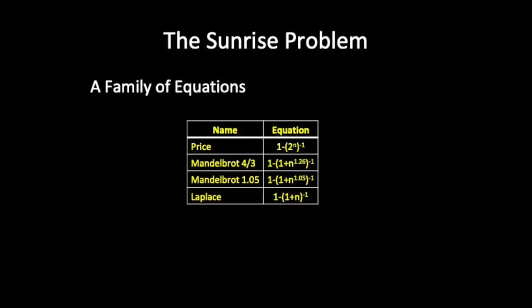A family of equations. The original exponential Pricean equation. Richard Price's equation is f(n) = 1 - 2^(-n). The probability that a binary event will happen n times is 2^(-n). First, assume that an event either will or won't happen, in other words, assume it is 50-50. Then apply Bayes' law recursively, because each event that does occur cuts the probability that it won't occur again in half. Price's uncertainty about the next event diminishes exponentially.